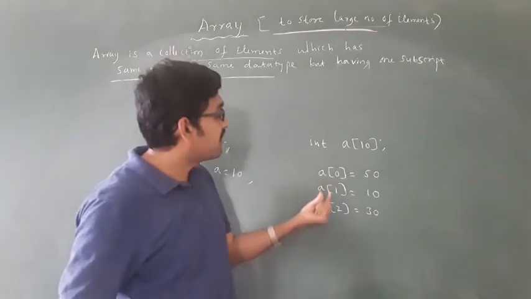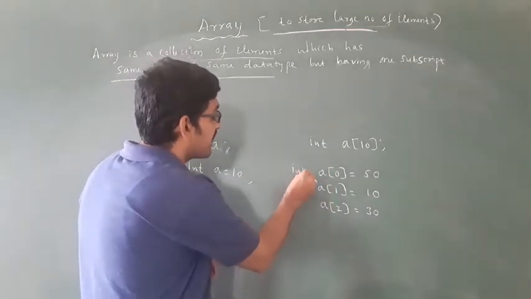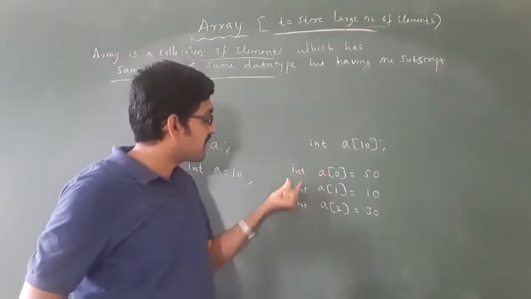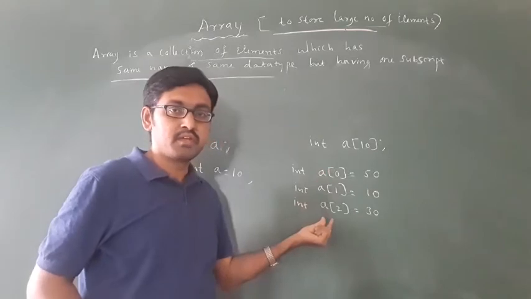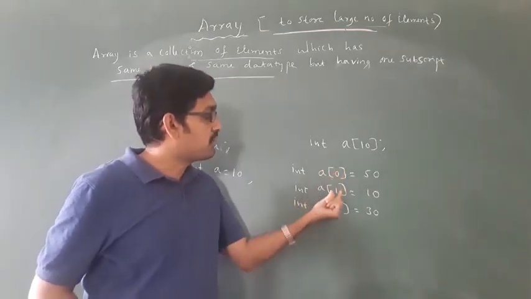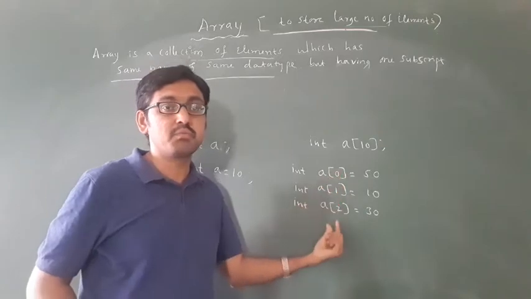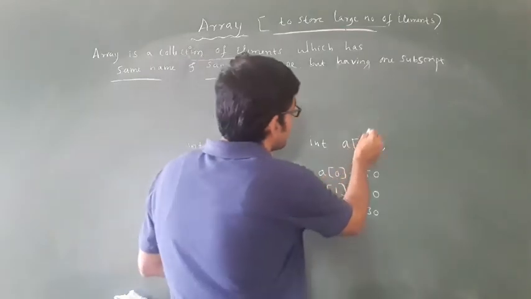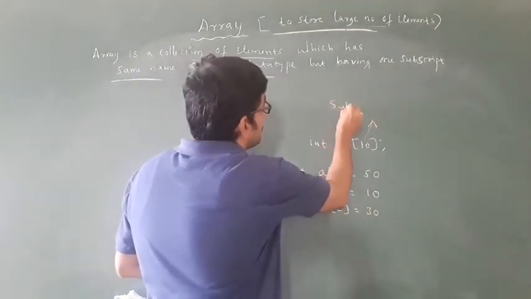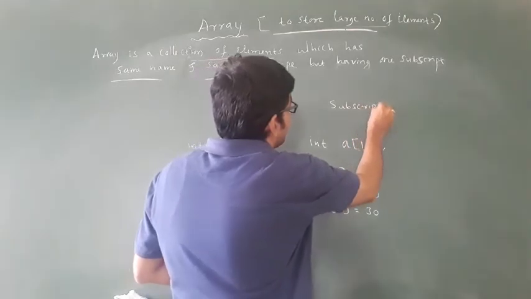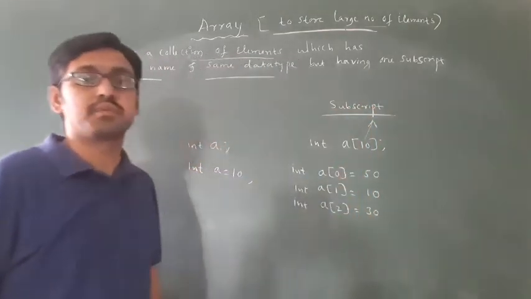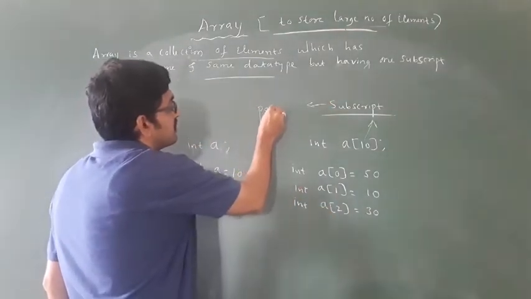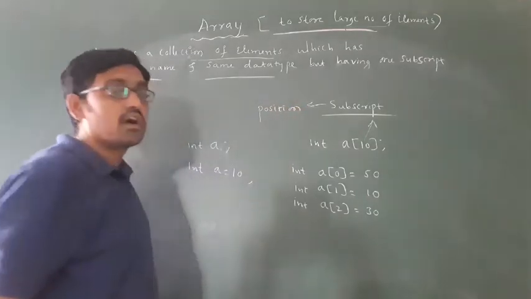Okay, see, that's why, what is an array? Array is a group of elements which has the same data type and same name. But ಏನು ಚೇಂಜ್ ಇರುತ್ತೆ ಇದರಲ್ಲಿ? ಸಿ ವಿ ಹ್ಯಾವ್ ಮೆಮರಿ ಲೊಕೇಶನ್ಸ್. These subscripts will be changing. A of 0, A of 1, A of 2. See, this is called subscript. This is called subscript. What is subscript? Subscript is nothing but it is used to indicate the position of an element.